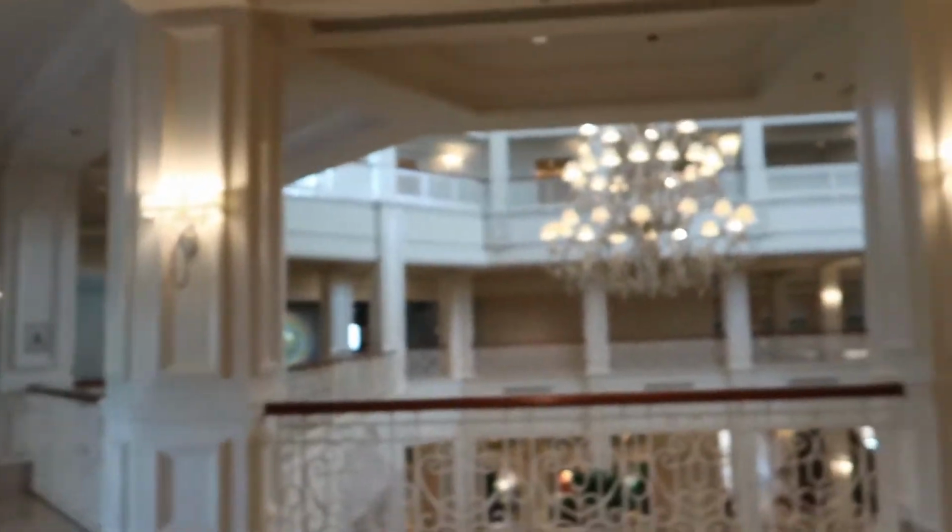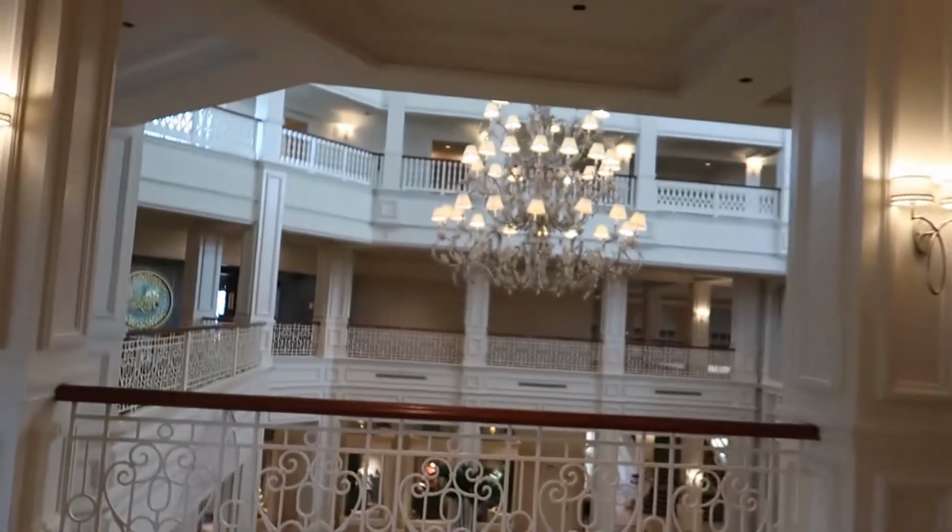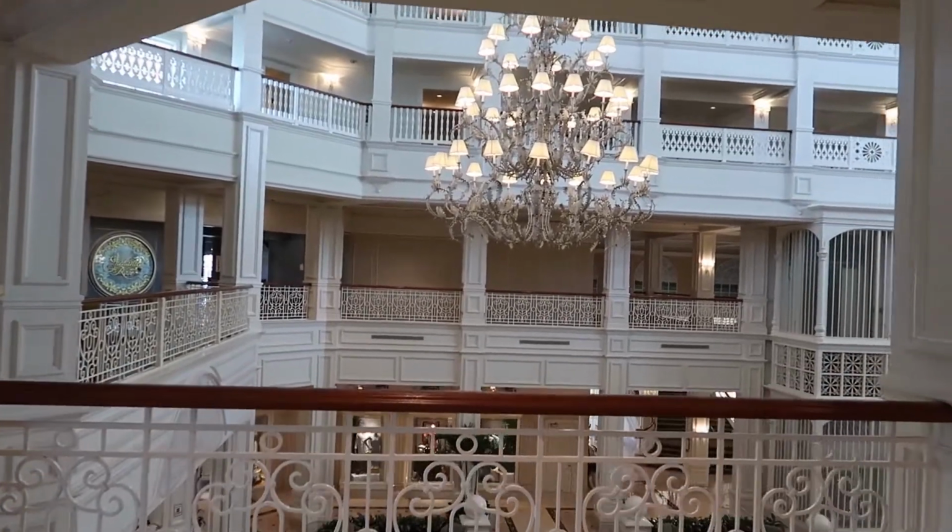We are at the Grand Floridian, and for those of you that don't know, this is like their top tier hotel. So we're staying in the monorail loop. We're in the Contemporary, but this one is the priciest. So I kind of can tell you, it's a very Victorian style hotel. It is absolutely gorgeous. Let me just walk over here so you can see how beautiful,